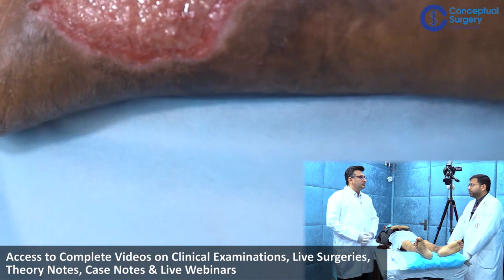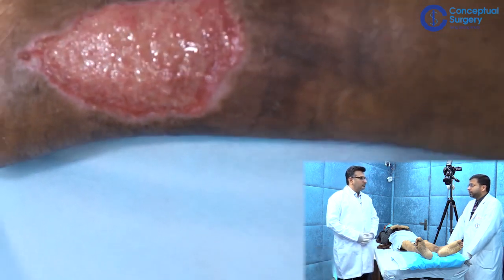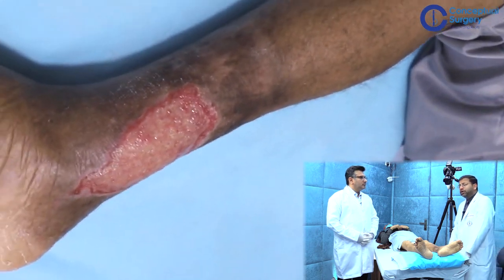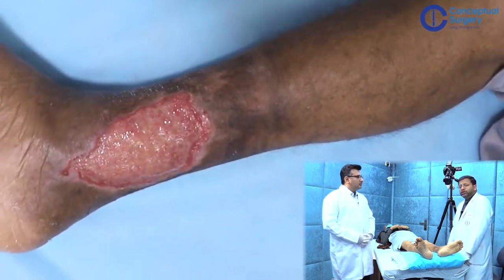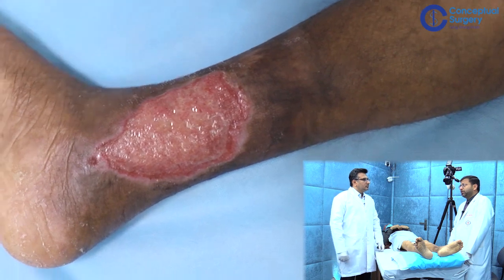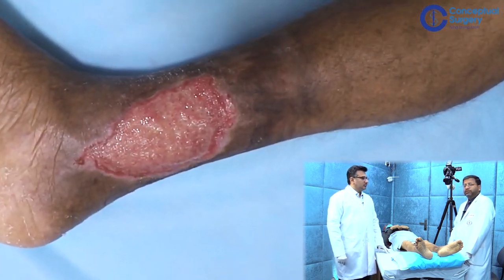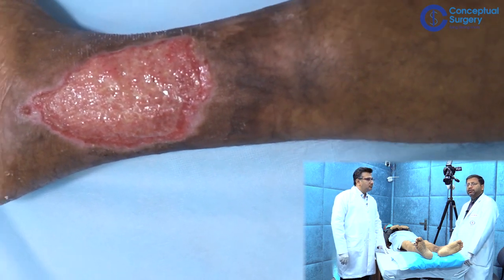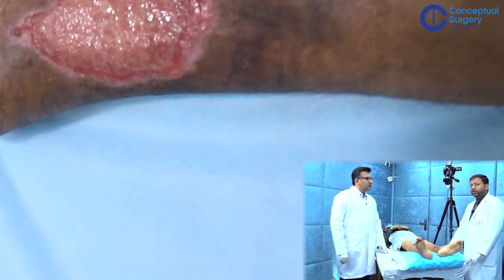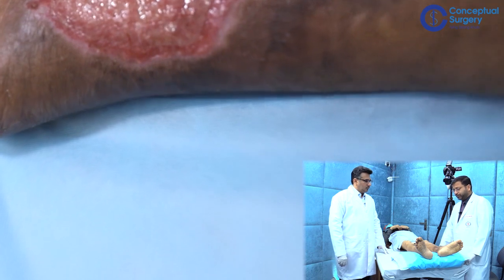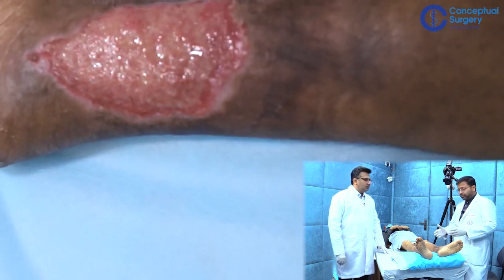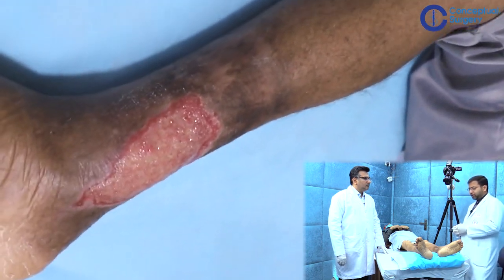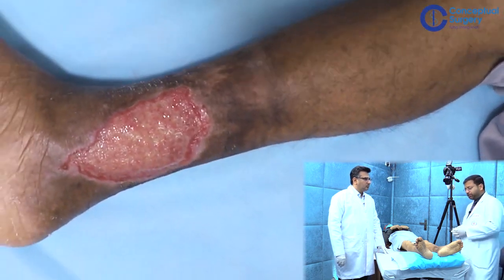Also, the privacy of the patient should be respected, and it should be a private, secure area where you are going to examine the patient. Especially when we are talking about lower limb examination, you are actually going to examine the groin and the private parts. So one has to be sure about the privacy and a secluded area, for the patient's comfort. Now, talking about the ulcer, here we can see an ulcer on the right lower limb of this patient.